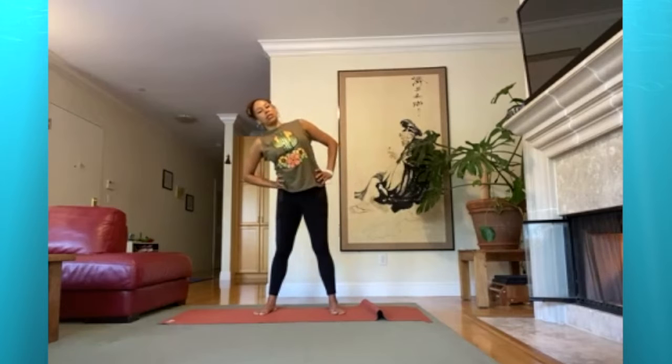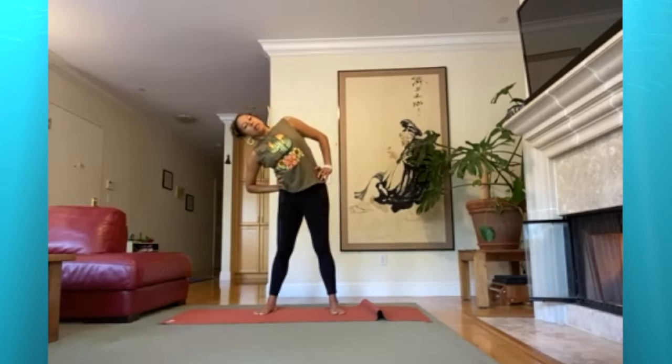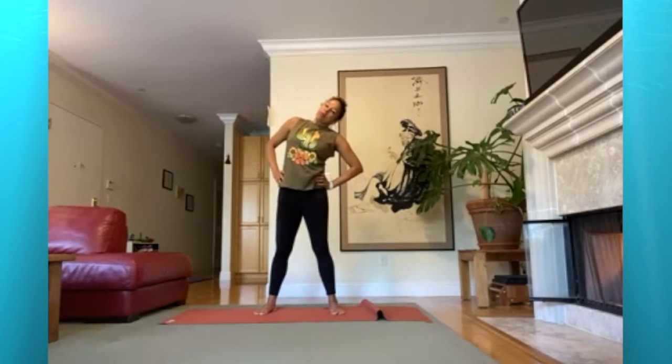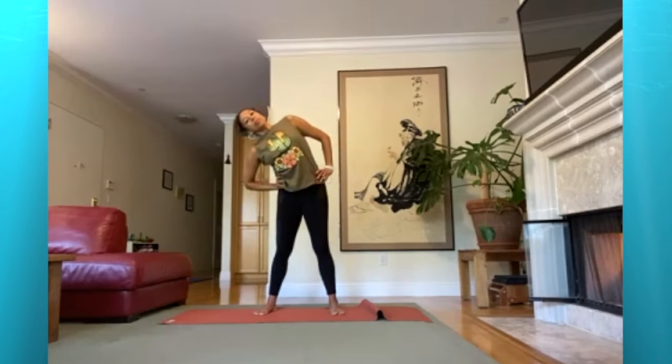Let's see if we could coordinate the breath and the movement. So inhaling to one side, breathing into the left ribs, and then exhaling back to the center. Inhaling to the right side, opening up the ribs, exhaling back to the center. Inhale, open, exhale, neutral. Inhale, open,